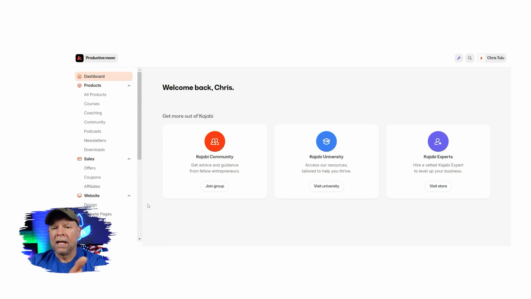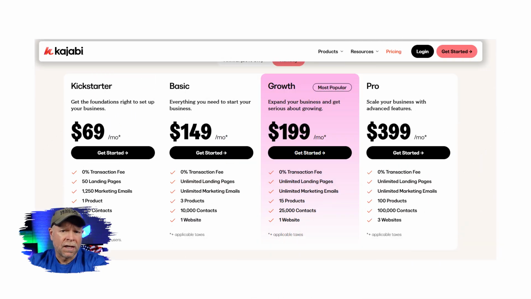Now, pricing is a crucial factor to consider when choosing between Kajabi and Podia. Both platforms offer monthly and annual plans, so you can choose what fits your budget. Now, Kajabi offers 4 pricing options, each designed for different needs. The Kickstarter plan is $69 a month and great for beginners. It gives you just what you need to start, like one product, one website, and space for up to 250